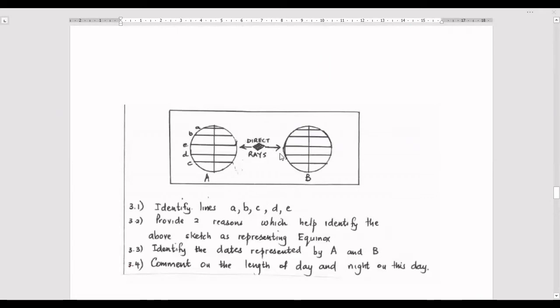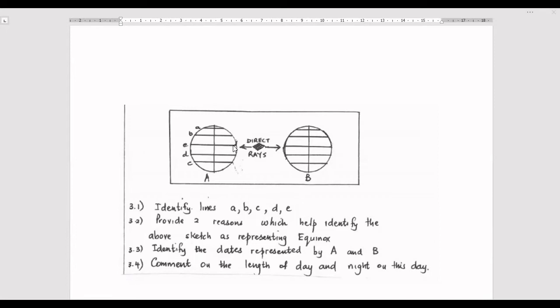There's our sun's rays. And you can check the sun is striking directly at the equator, right? The sun's rays are striking directly at the equator. So there's the equator here. There's the middle line. That's the equator. So E is going to be the equator. There it is, E. Sun's rays are direct at the equator, and that means that these diagrams are showing you an